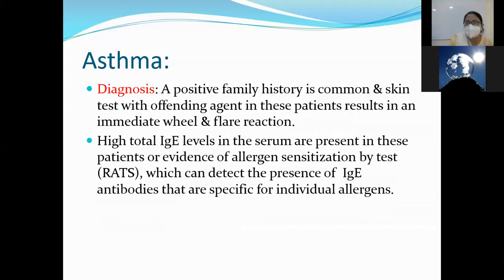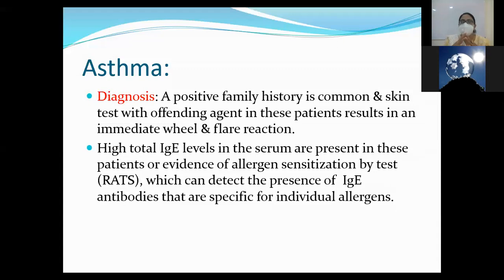So for the diagnosis of asthma, a positive family history is very, very important. And it is common, and skin test with the offending agent in these patients results in an immediate wheal and flare reaction. Clear? The diagnosis of asthma can be made on the basis of positive family history. There is a positive reaction, skin test positive, which shows an immediate wheal and flare reaction, and high